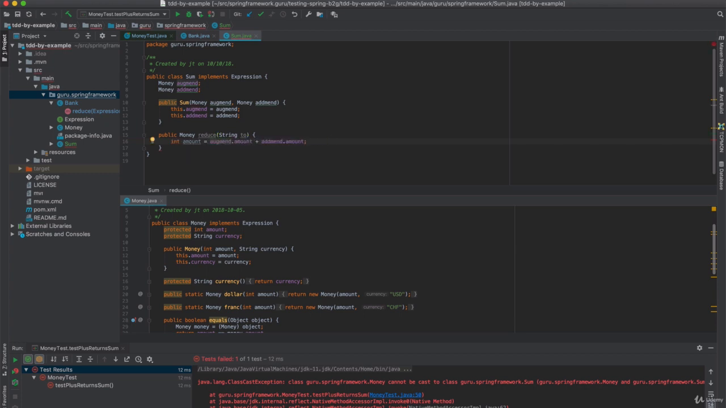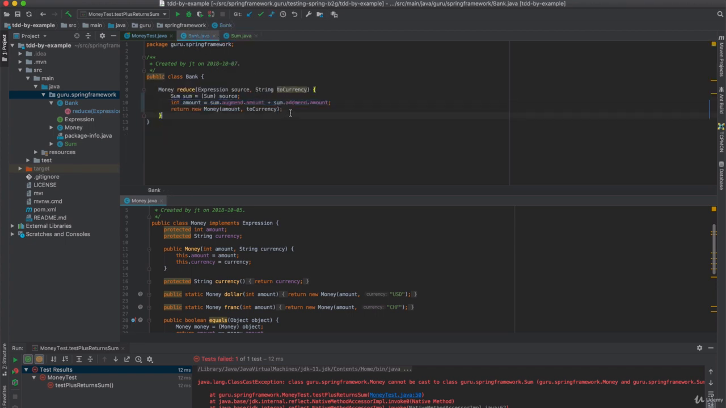We're just pushing this into the sum object because it really has everything it needs to do the operation. So we just need to return back a new money here with the amount and the to value, like so. Now we can come into bank and change this. This goes away. What you can do is say if source